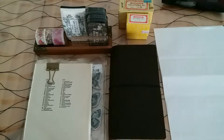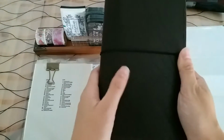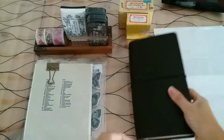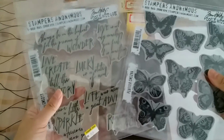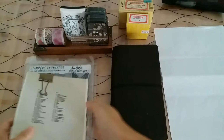And back to today, another journal with me, and today I'm using this Ladies Falcon Traveler's Notebook. It's the Pendragon leather, and I love it. And then I of course have some vintage papers from London Gifties, a couple of Tim Holtz cling stamps that I hope to incorporate in my spread, and